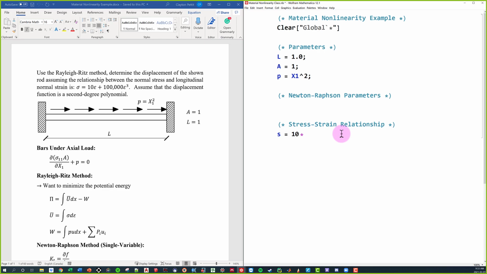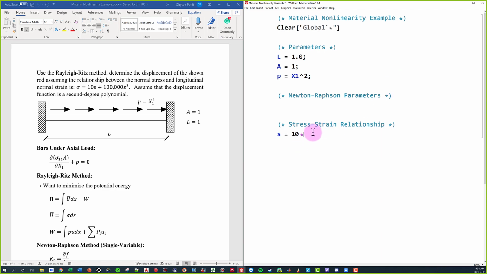But what I'm saying to you guys right now is instead of having epsilon, I want displacement. So what is the relationship between epsilon, our uniaxial strain, and our displacement? What do you guys think? Question for you guys. What is the relationship between strain and displacement? Exactly, it's simply the derivative.